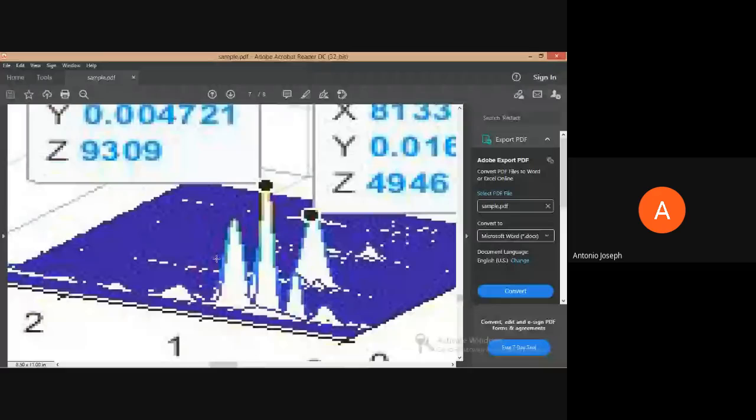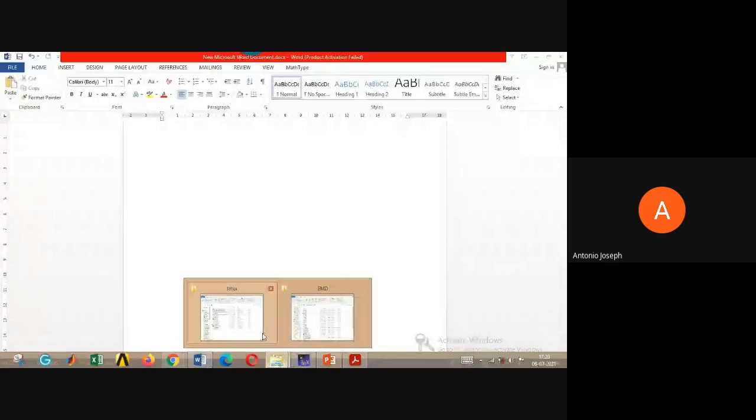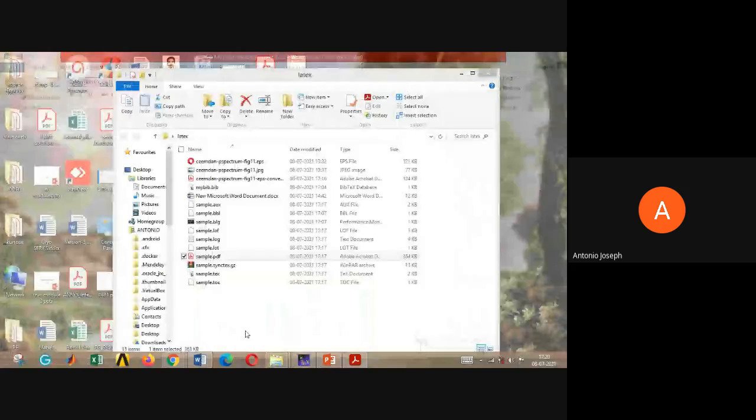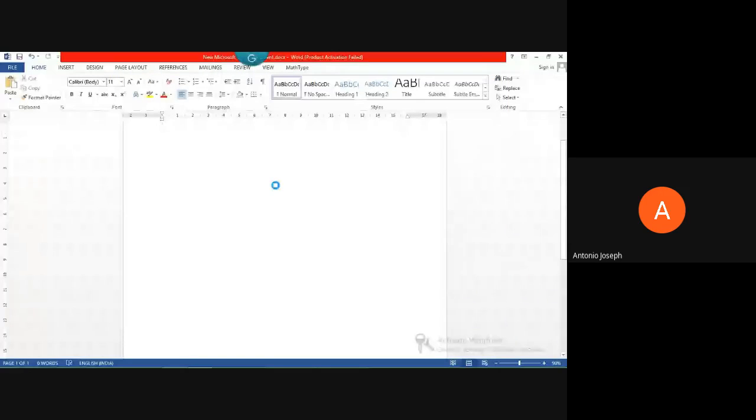And now, I will show it in the Word file also. Just for comparing purposes only, I will show that. I'm just copy pasting both the files.